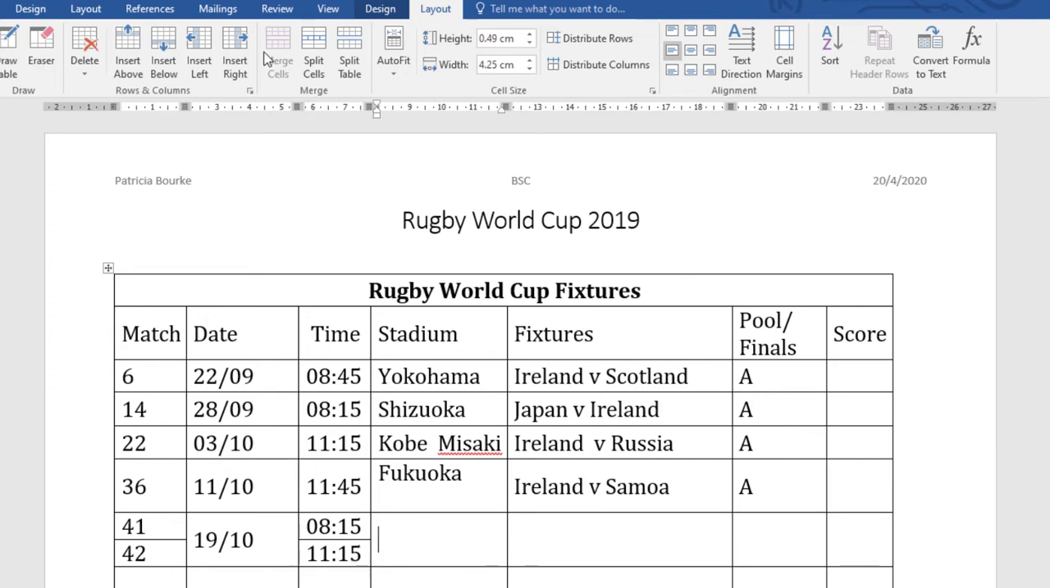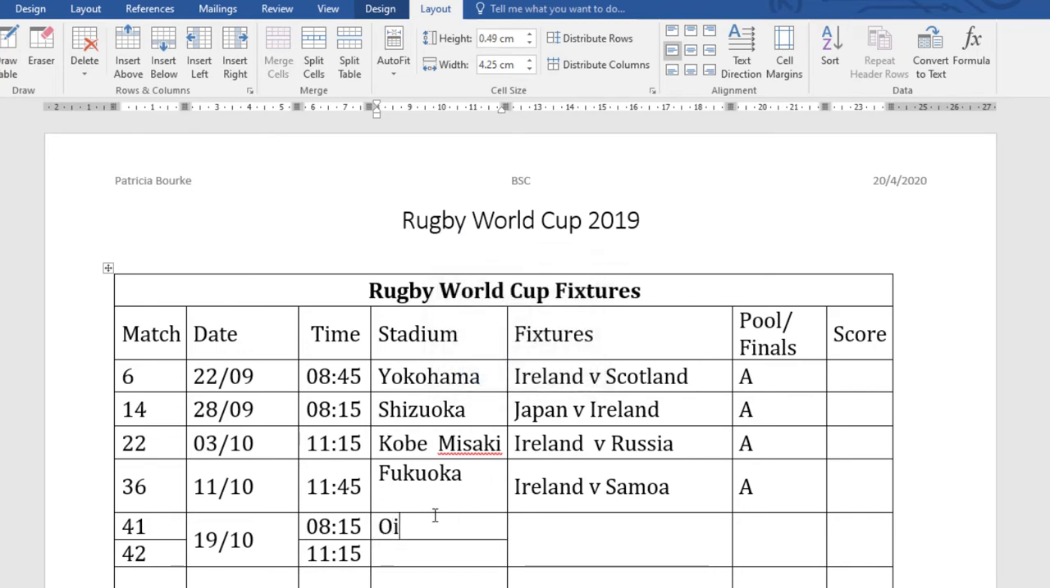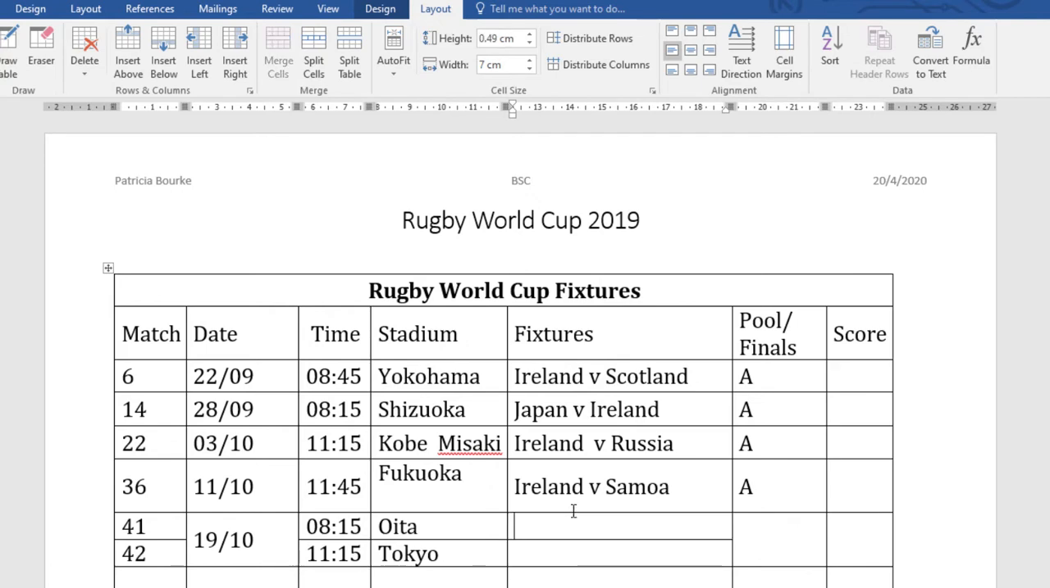Again, they're at 2 different venues, so again split cells, 1 column, 2 rows, Uita and Tokyo, and then again the next one, so again split cells, 1 column, 2 rows, and OK. You have pool